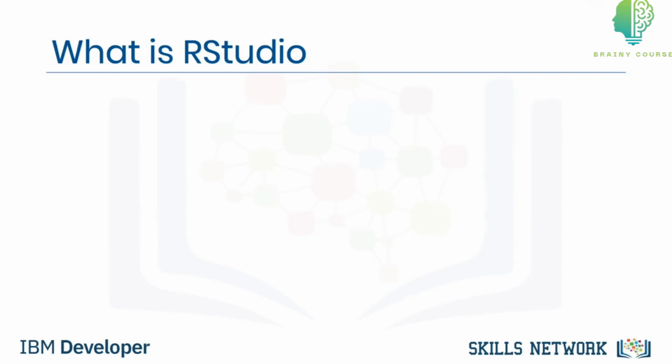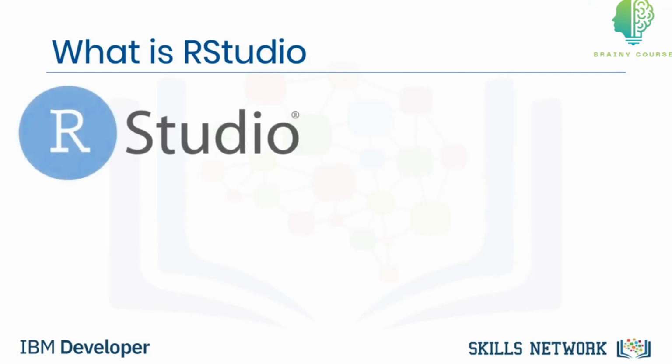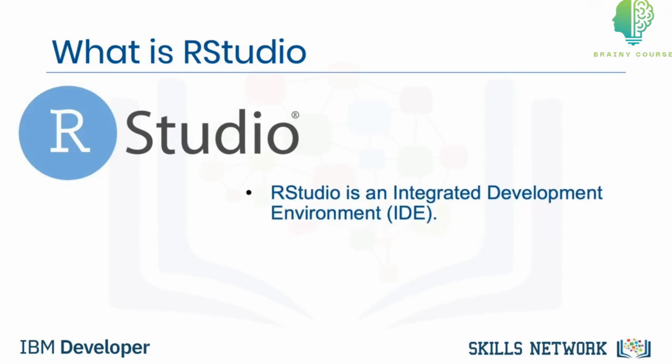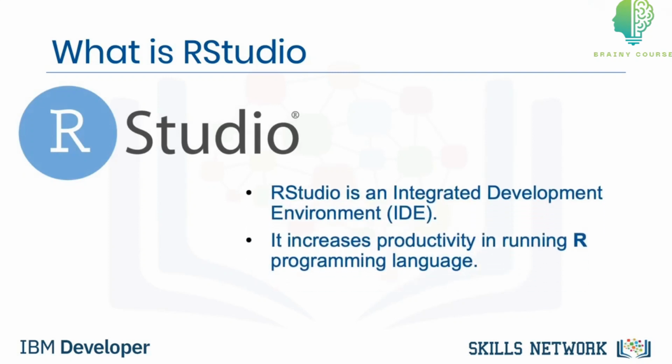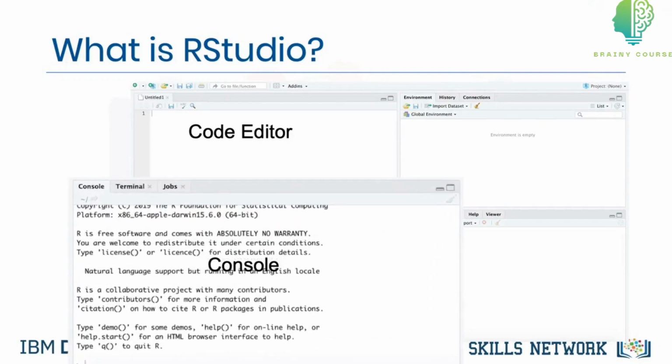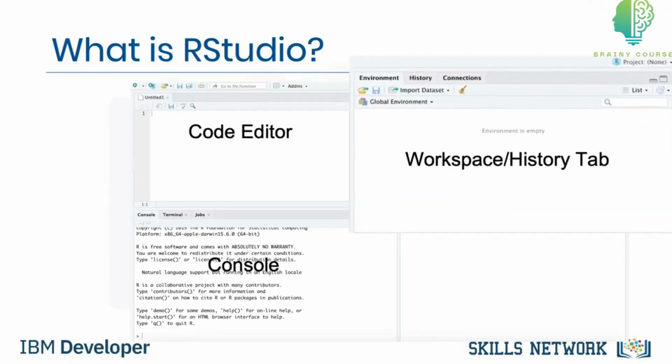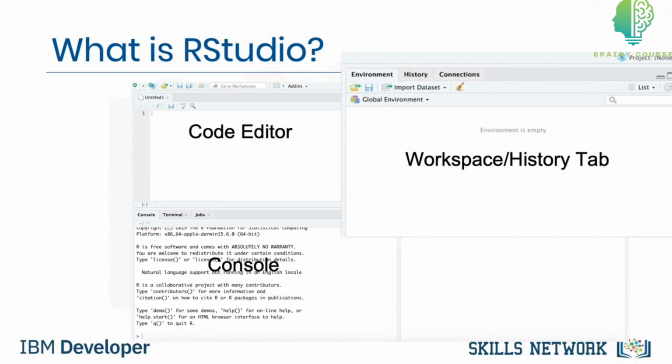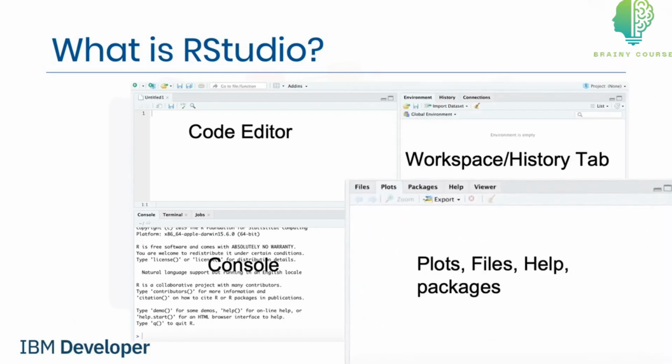To use R, we need an environment to help run the codes. One of the most popular environments for developing and running R language source code and programs is RStudio. RStudio is an integrated development environment that helps improve and increase productivity with the R language. RStudio includes a syntax highlighting editor that supports direct code execution and where you keep a record of your work, a console for typing R commands, a workspace and history tab that shows the list of R objects you created during your R session and shows the history of all previous commands,